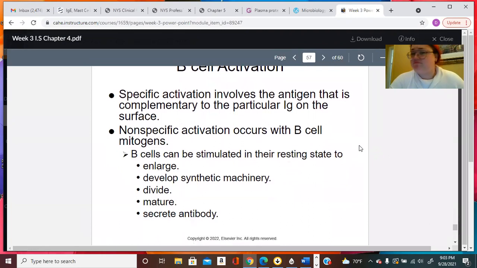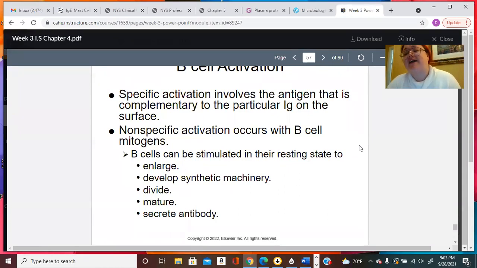We have more about B cell activation. It's the same thing, except that you need to know that there are two different types of activation: specific and non-specific. Specific activation involves the antigen that is complementary to a particular Ig on the surface. So specific activation is sort of that classical activation that we think of when we think of B cell activation,